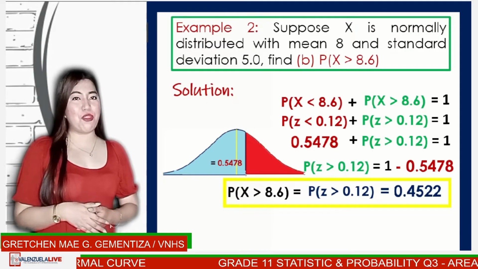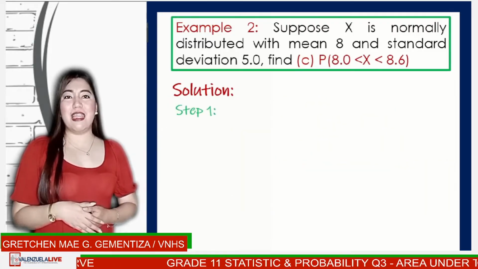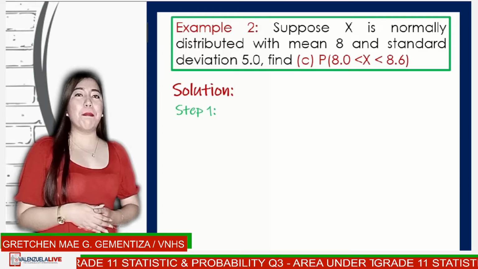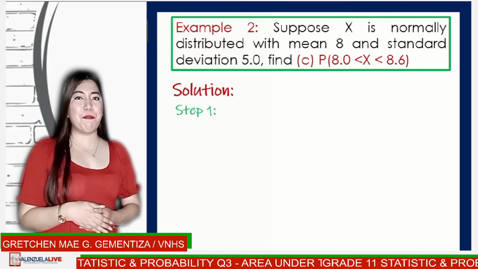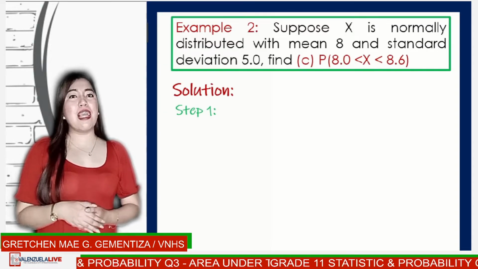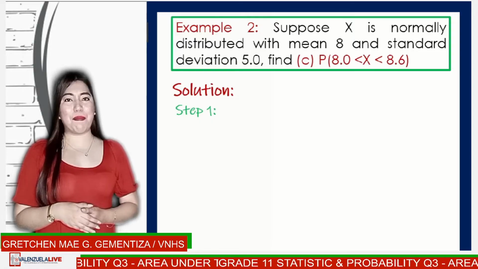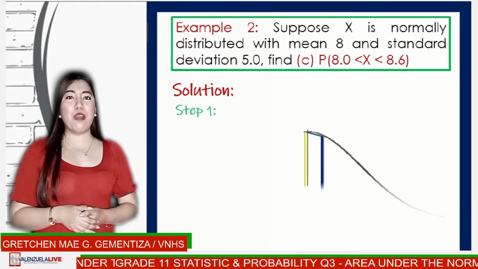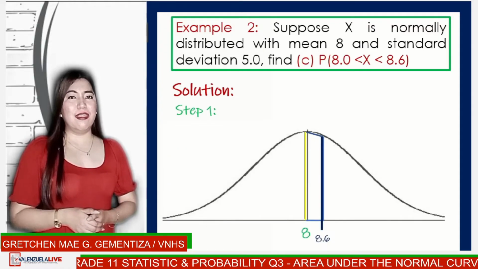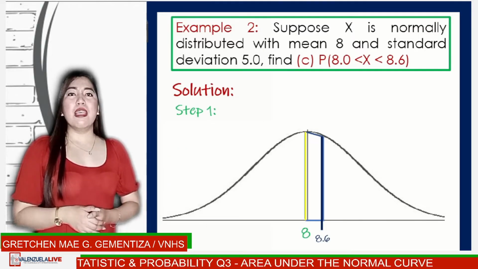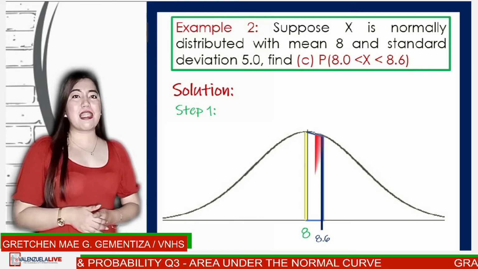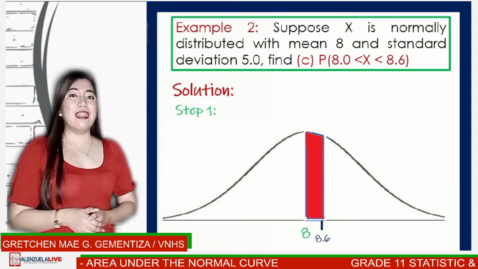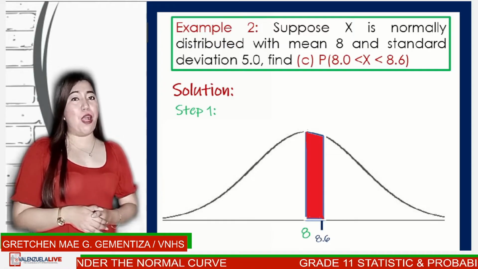Let us now solve letter C. The given is the probability of x greater than 8 but less than 8.6. To answer letter C, let us follow these steps. Step 1. Identify the area of the shaded region. Since the given is x greater than 8 but less than 8.6, then we will shade the area between 8